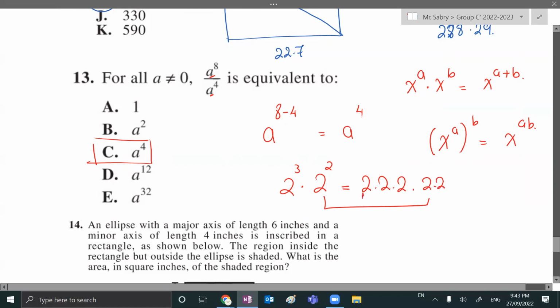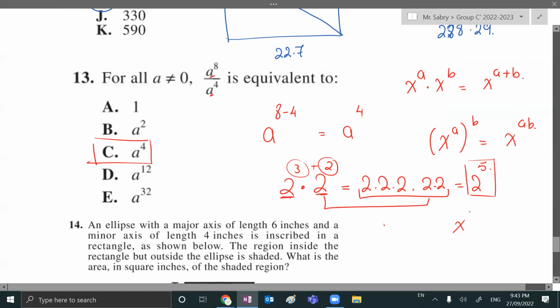يعني في كام 2 دلوقتي معمولة times بعضها؟ 5. So it became 2 to the power of 5. And that's how we came up بفكرة الرول. إن ما دام عندي حاجتين بنفس البيس اتعملوا times بعض كأني بالظبط عملت الباورز تايم بلس بعض. فعشان كده بتطلع لي the same as 2 to the power of 5. فاهمة حاجة؟